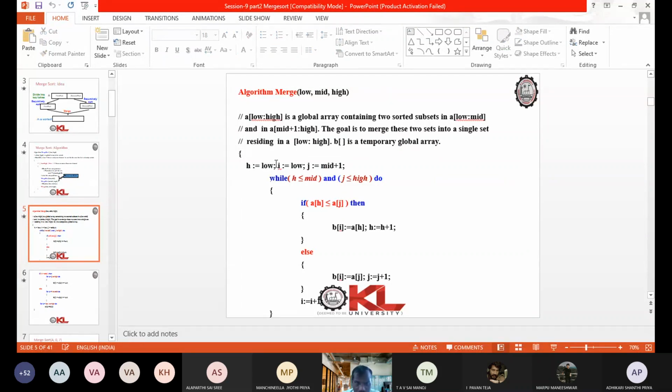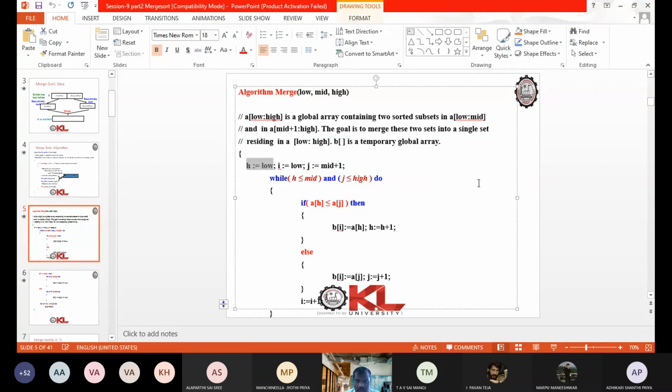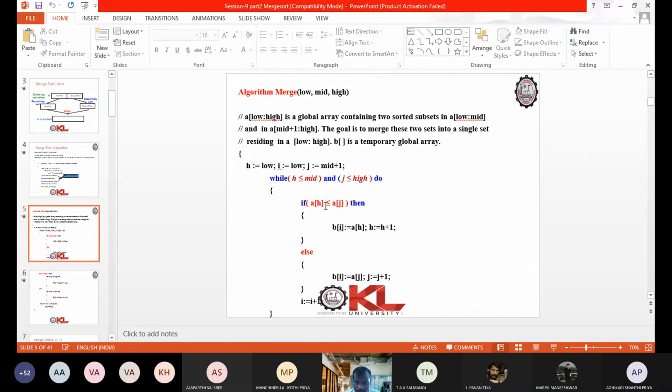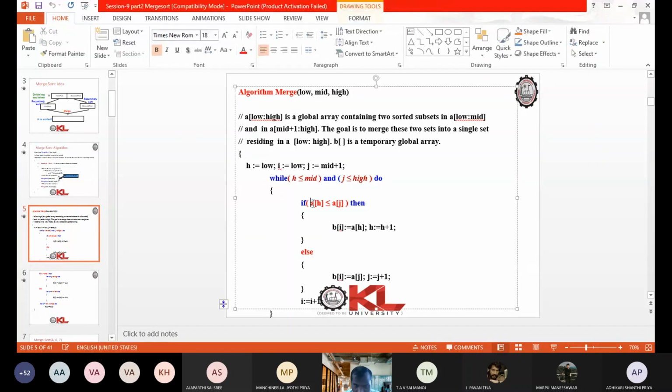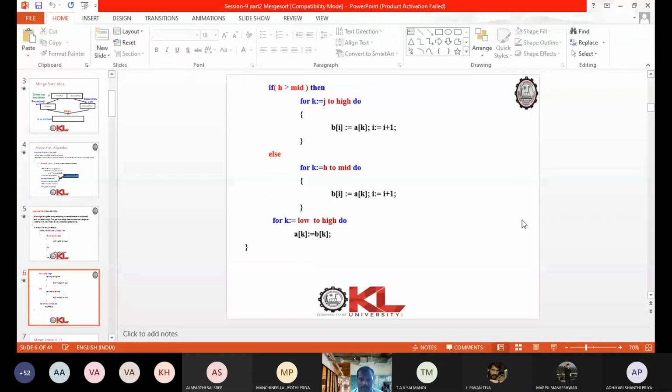If A of H is small, it is copied. Suppose A of J is small, then A of J is copied. After copying, the corresponding pointers are incremented to point to the next element. This is how our merge algorithm works.